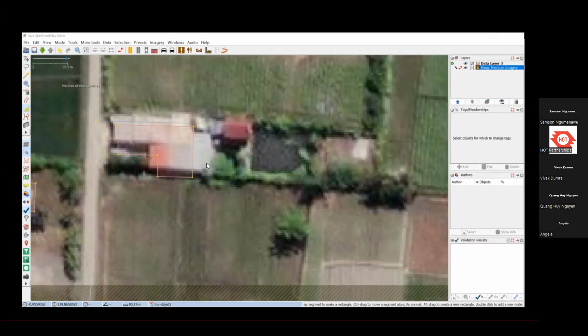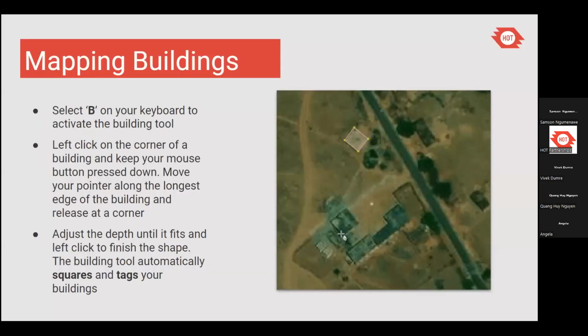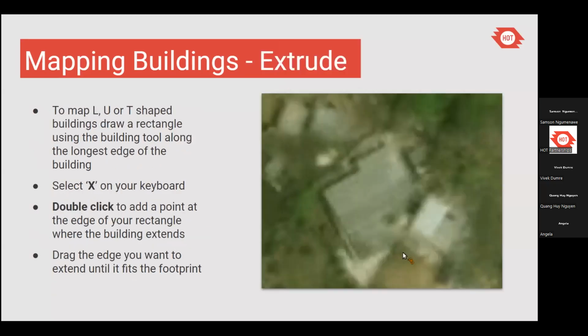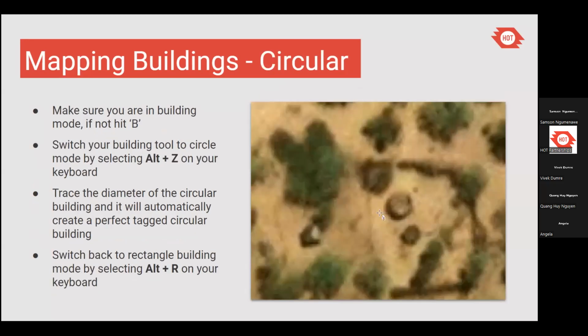Like we've said before, the mouse is a very important tool to have while using JOSM. So that's the tool I was showing you how to use to create the edges and the corners of buildings. Then the buildings tool has been developed